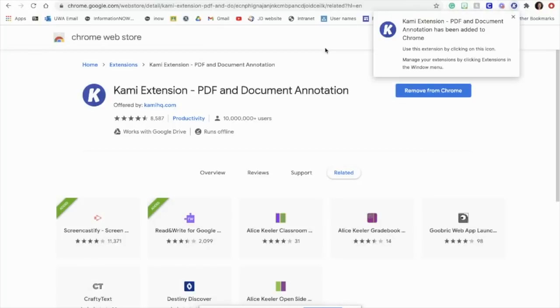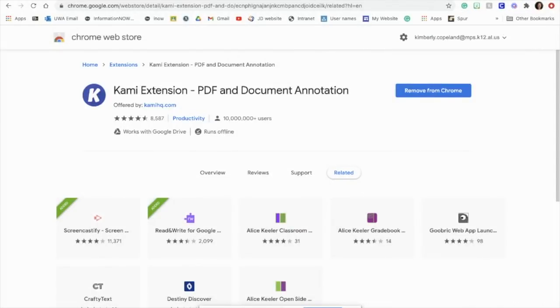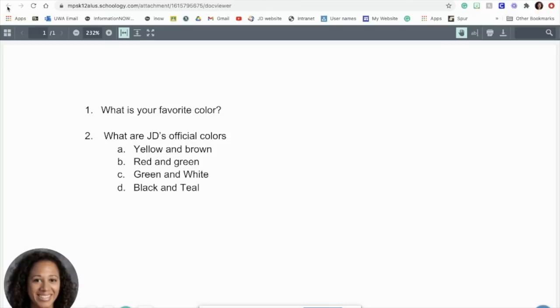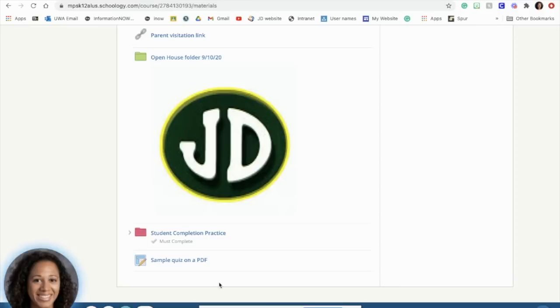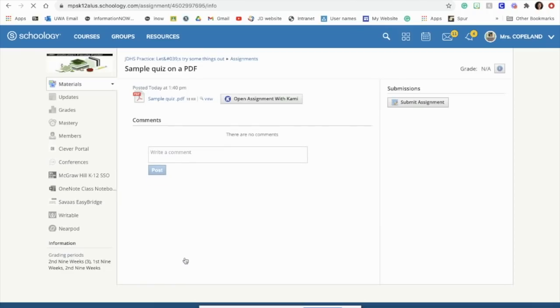Now it may ask you to put your school email in there. You can do that as well, but I'm already signed in. So it shows now it has been added to Chrome. What's cool about it is now you can do things like when you have an assignment. Let's go back. The cool thing about it is when you have an assignment that may have been given to you as a